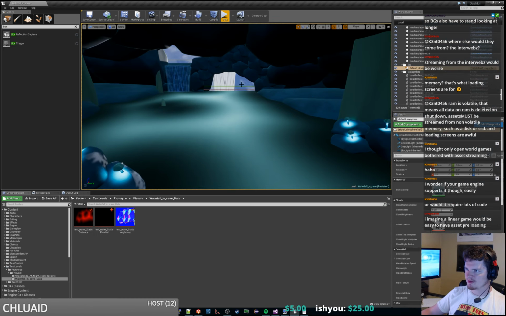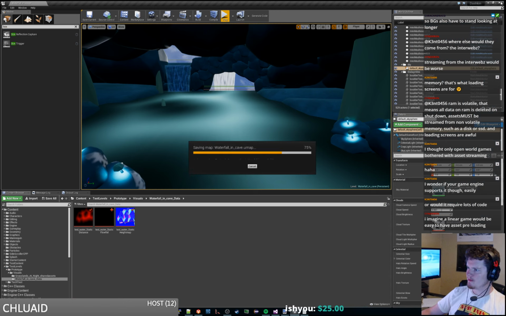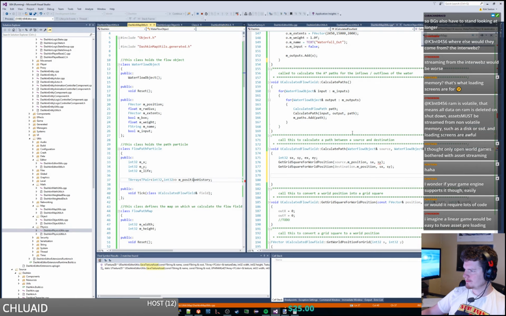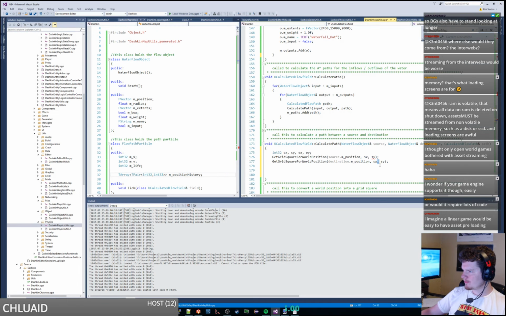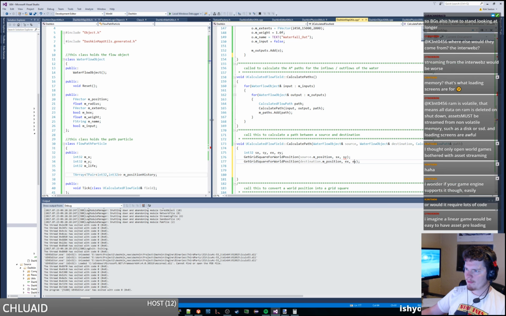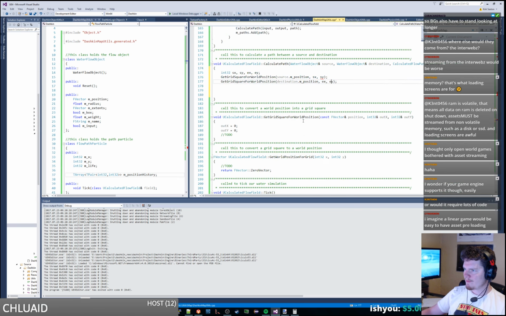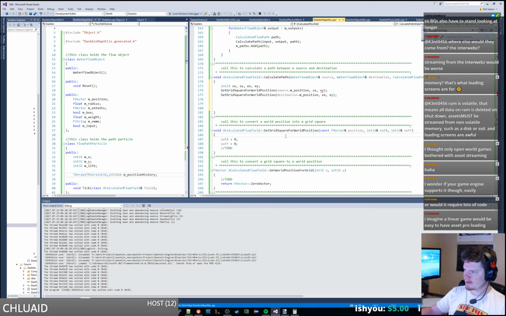Let's just close this all down, and we'll be able to work on some of this. So that'll be ex and ey there. Alright, so we need to implement these. So get grid square for world position. We should basically get